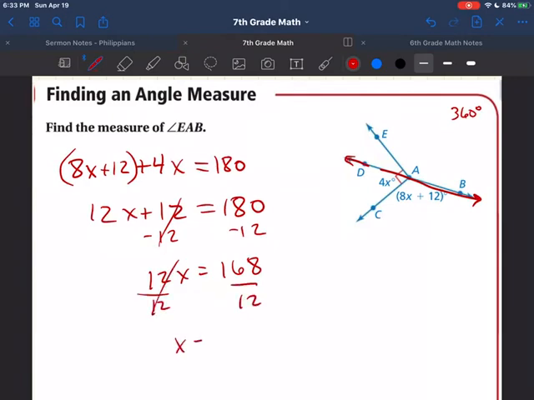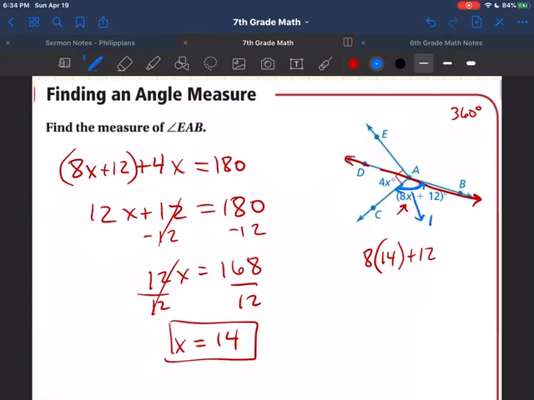Divide both sides by 12, and x equals 14. I did that on my calculator. For the record, I didn't know that in my head. X equals 14. So therefore, 8 times 14, all I'm doing is putting in 14 right there. 8 times 14 plus 12 equals 124. So this angle right here